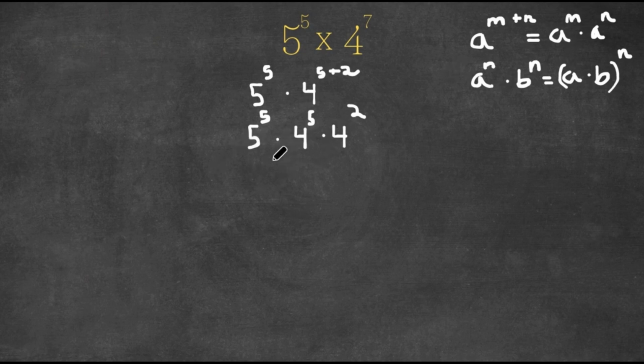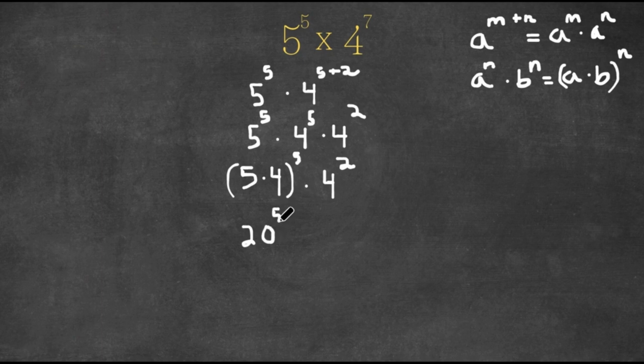So this can be converted to 5 times 4 to the power of 5 times 4 squared. Now 5 times 4 is 20, so now we have 20 to the power of 5